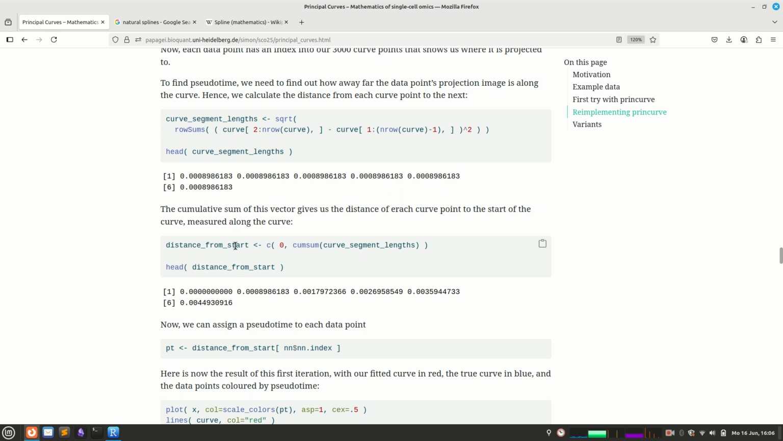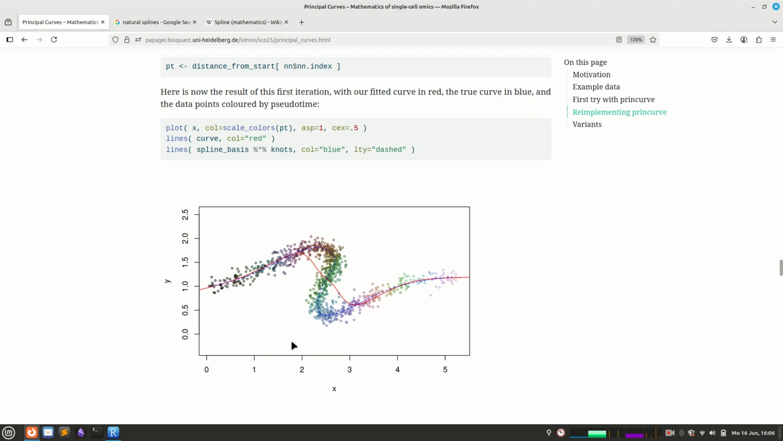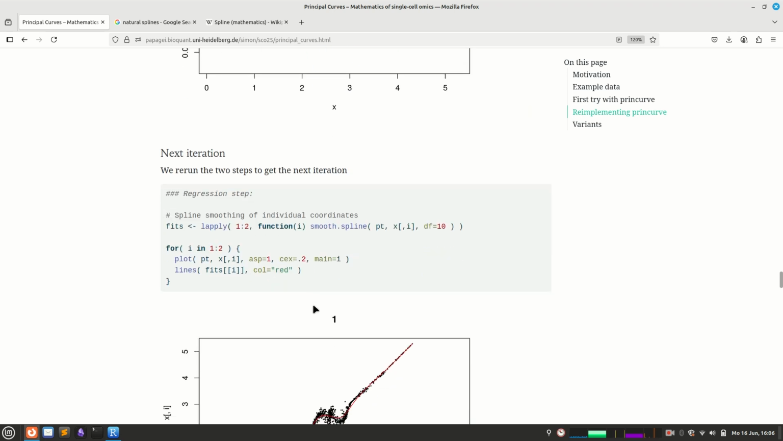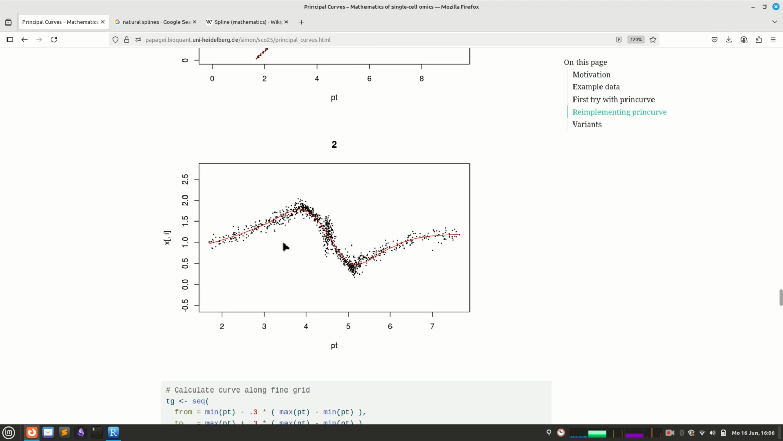In my cumulative, how far is this curve point from the starting point, and then I know what the t values or the pseudo-time value for this data point is. And then I plot again using colors to indicate the pseudo-time value and plot my curve, which as before looks completely weird at the beginning, but now it will become better in the next thing. So we make the next iteration